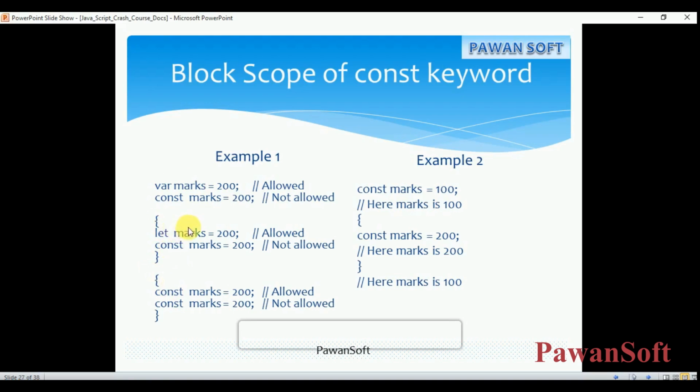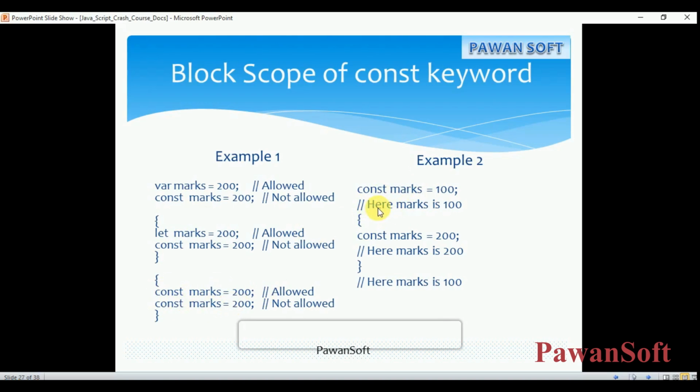In local scope you can't declare more than one variable, let marks and const marks. So the first one is allowed, the second is not allowed because you can't declare. Here also, in this other local block, we are declaring the first variable, so this is allowed but the second one is not allowed.